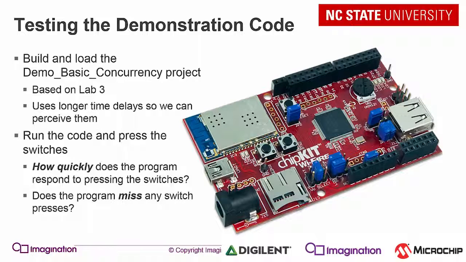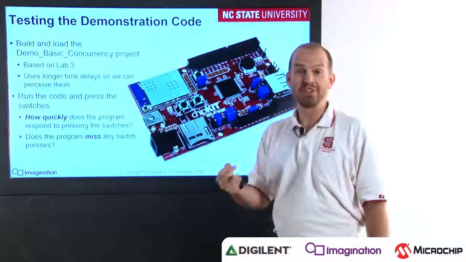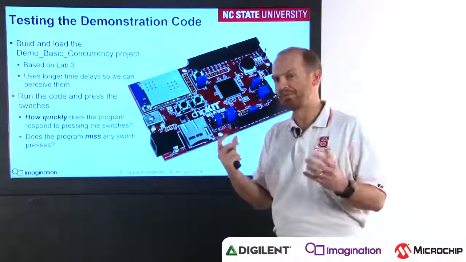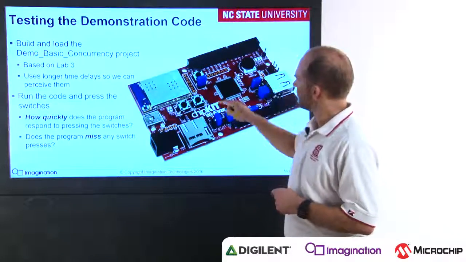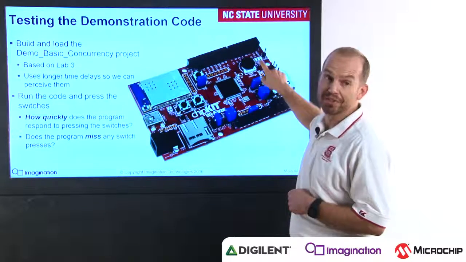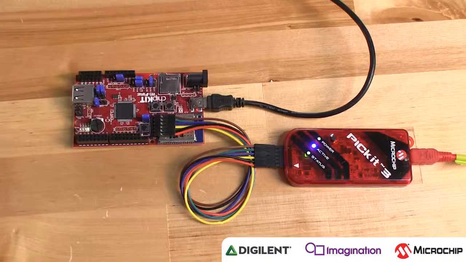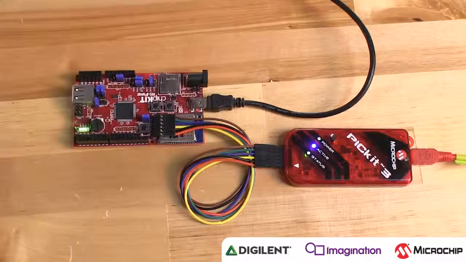In this application, the LEDs are being scanned sequentially. If you press one of the buttons, the LEDs will scan faster. If you press the other button, the LEDs will stop scanning. They'll all turn off. What we're looking at is the responsiveness between when a button is pressed and when the LED's scanning behavior or lighting behavior changes. So we have an example of that over here on the Wi-Fi board, and I can bring up the source